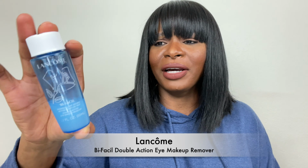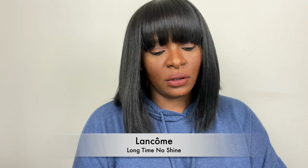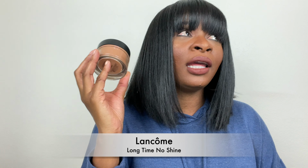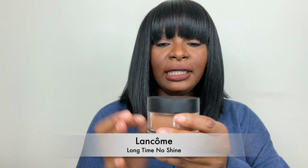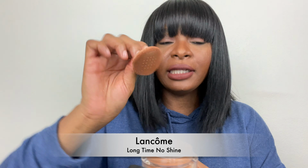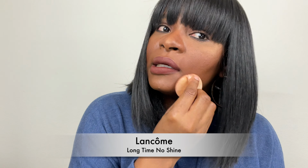Love this. The next product on my list comes from Lancôme. This is the Long Time No Shine. This is a loose setting and mattifying powder, which I don't know why I wasn't using before, but when I discovered it, I could not stop using it. All you need is a little bit, y'all. It has this perfect little applicator in it. You apply it to your skin and it literally